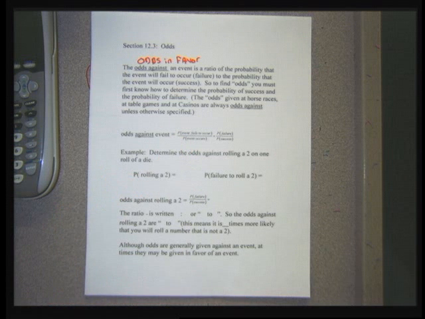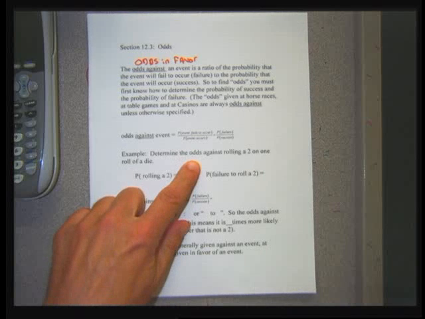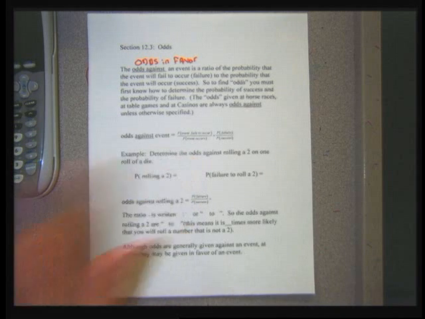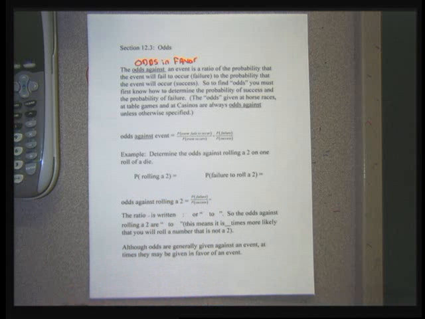And there are definitely shortcuts that, as I'm going through the section, you might be able to use to shortcut the formula a little bit and get the odds quickly, which would be good. So here I'll do my first example of finding odds. Determine the odds of not rolling, or the odds against rolling, a 2. The odds against rolling a 2 is the probability of not rolling a 2 divided by the probability of rolling